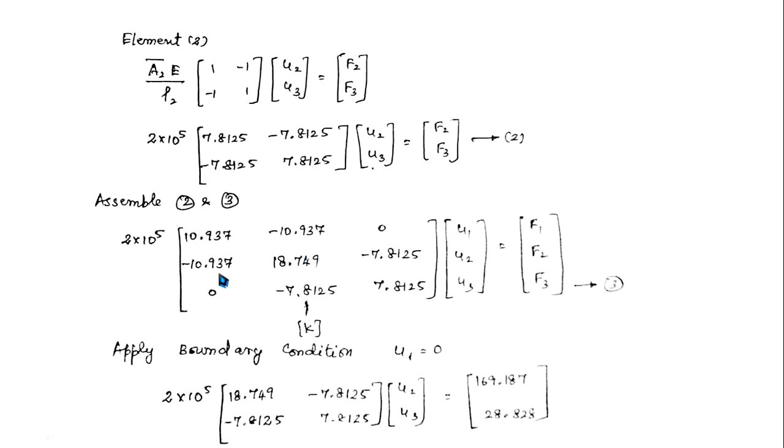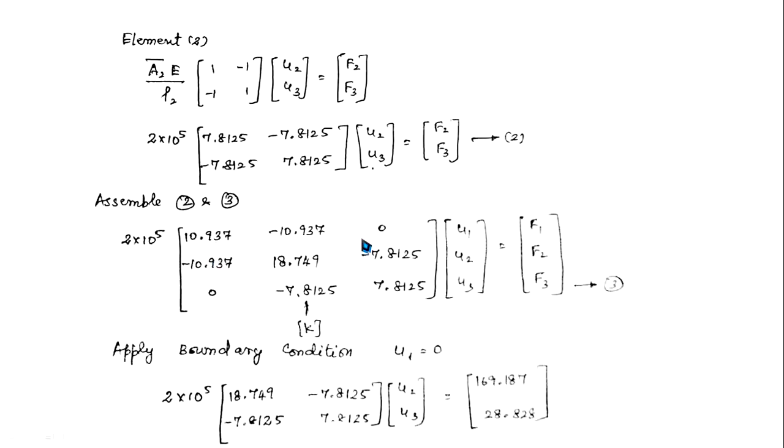You can check it over here. If you add any row or column, it will be 0. You just check it. I'm adding this first column, it is 0, right? First row it is 0, second obviously 0. So you can verify once you have computed the stiffness matrix. You can verify with this step.